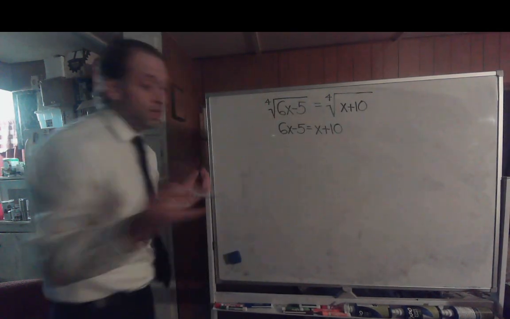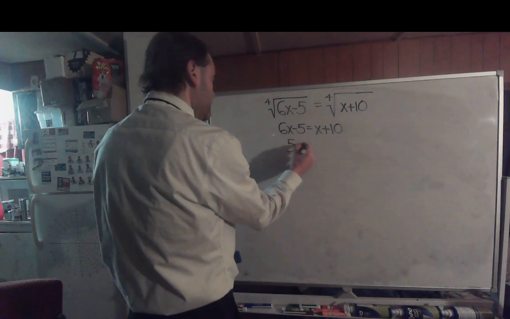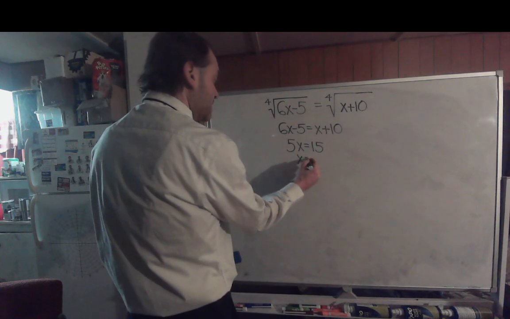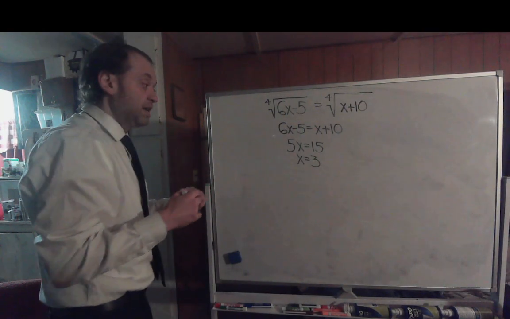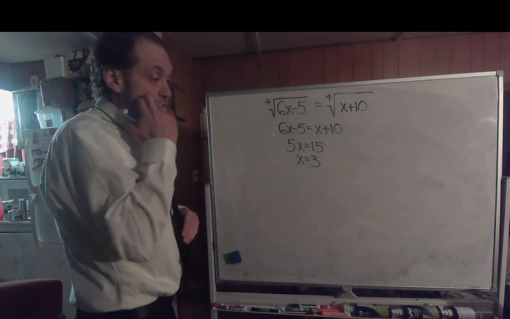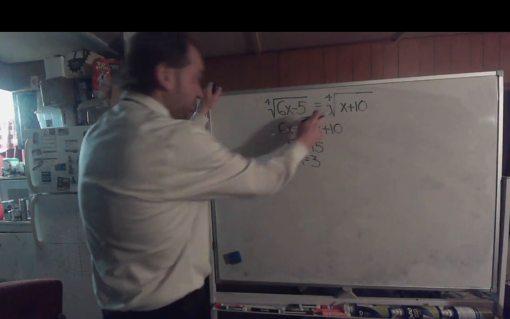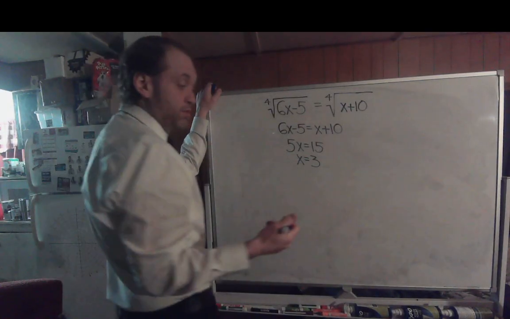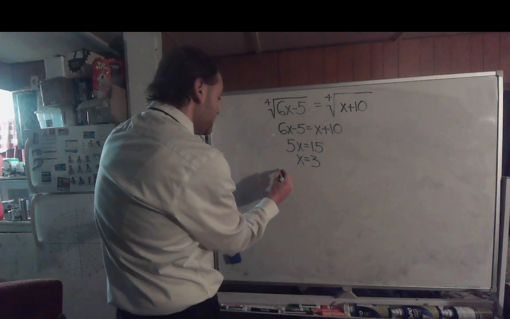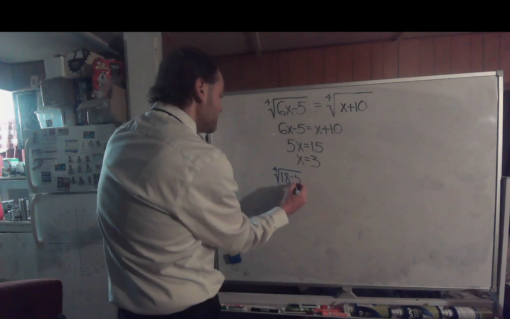Then we'll just solve for x. Okay, good. Which would end up giving you 5x is equal to 15, which would seemingly give you x equals 3. But again, we have to check for extraneous solutions. So in other words, we have to make sure 3 is actually going to work. Since this is a fourth root, we have to watch for a negative value under the root since it's an even root. So put in that 3 for x, you'll end up getting the fourth root of 18 minus 5